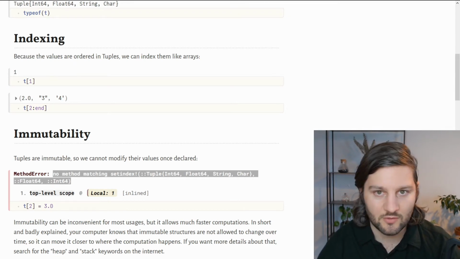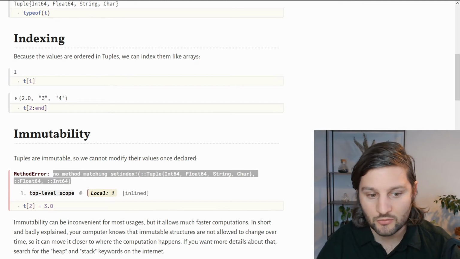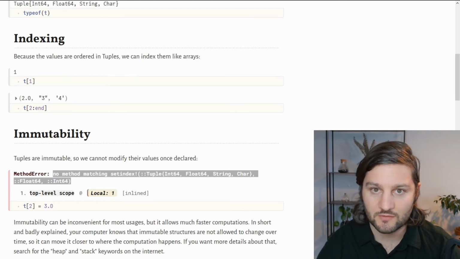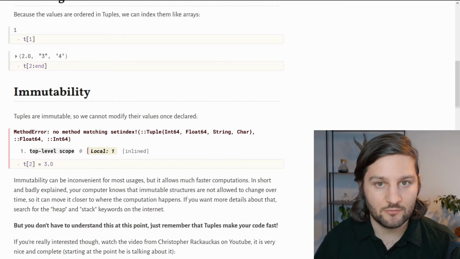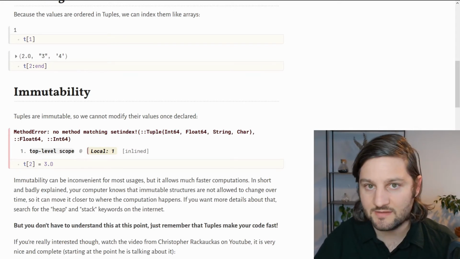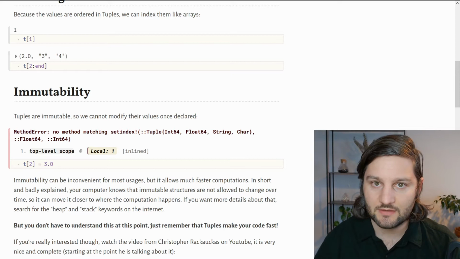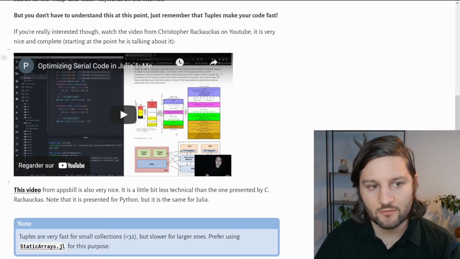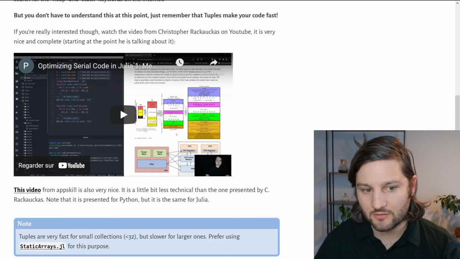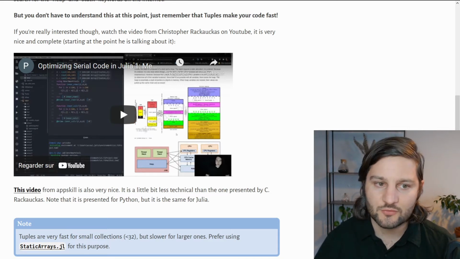So if you're developing a package, for example, you would want to consider tuples for some data structures, at least for collections with a small number of elements. If you have more than 32 elements inside your collection, consider using static arrays. I put a link just here. And I also put the video from Christopher Rackauckas on YouTube because he explains very well why structures like tuples